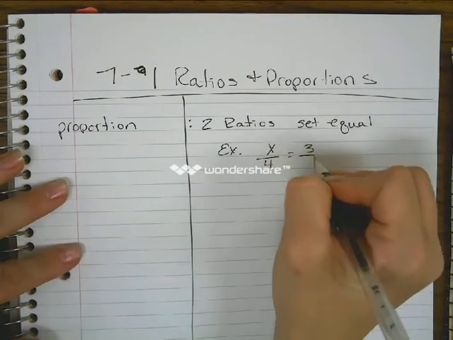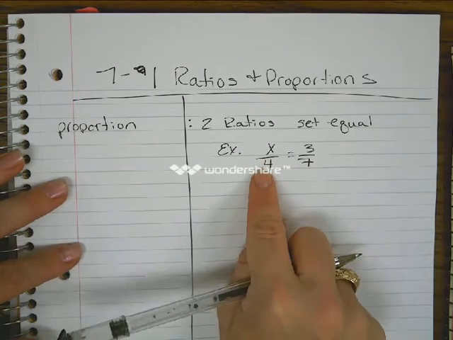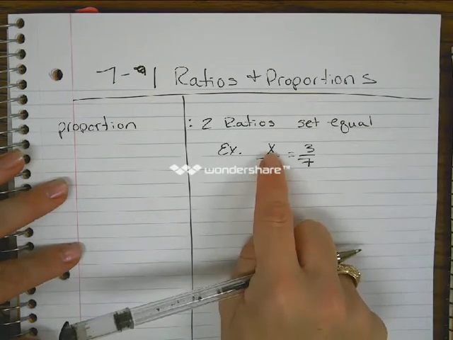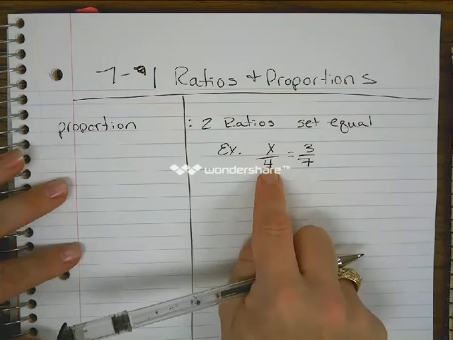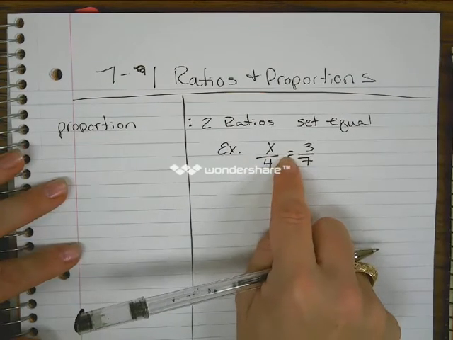This would be considered a proportion because it has a ratio. A ratio is just a fraction. It's just a number divided by a number. And another ratio, 3/7, set equal to each other. To solve,